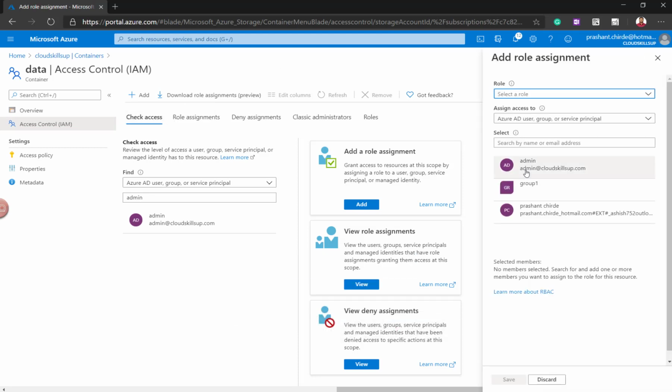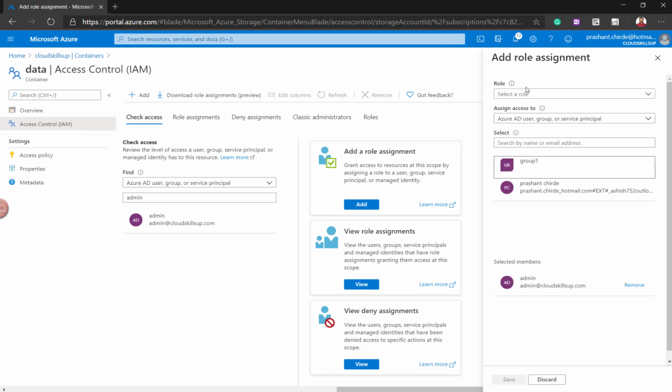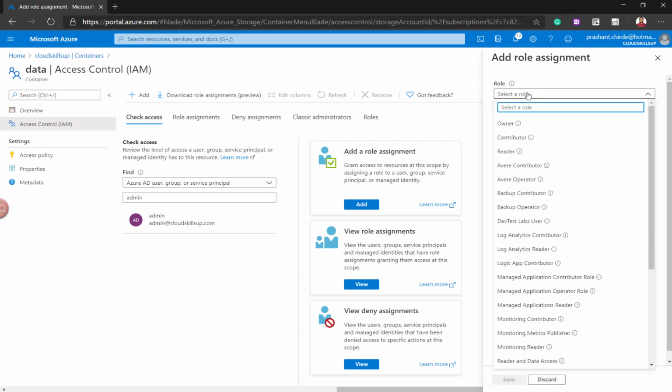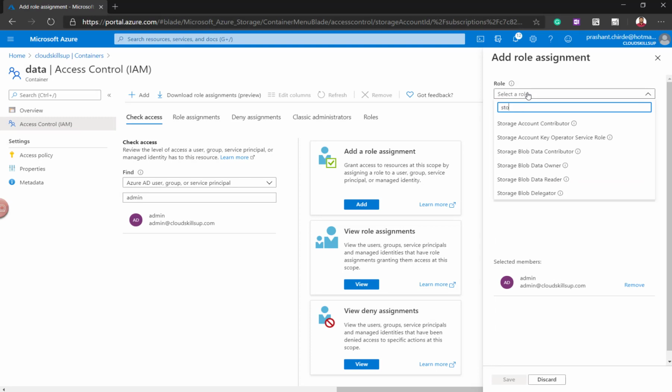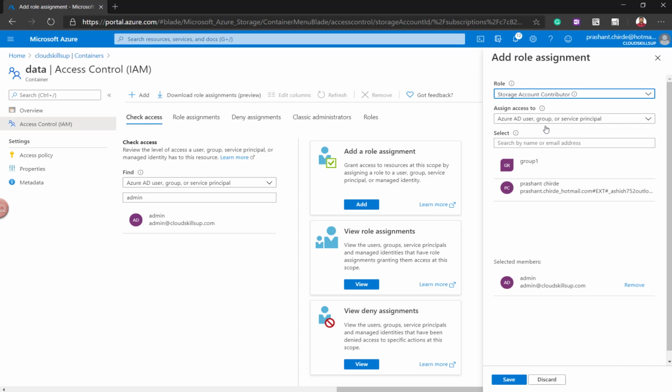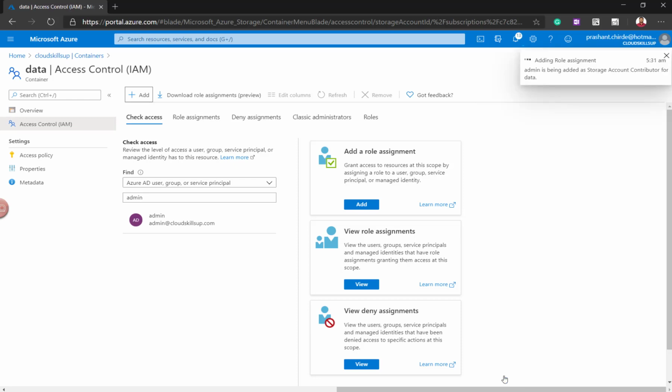From here you have to click on the admin user, and then provide the permission. Let's type storage, so the storage related permissions will appear. I will randomly choose Storage Contributor and click on save, so that this role will be assigned to the admin user.